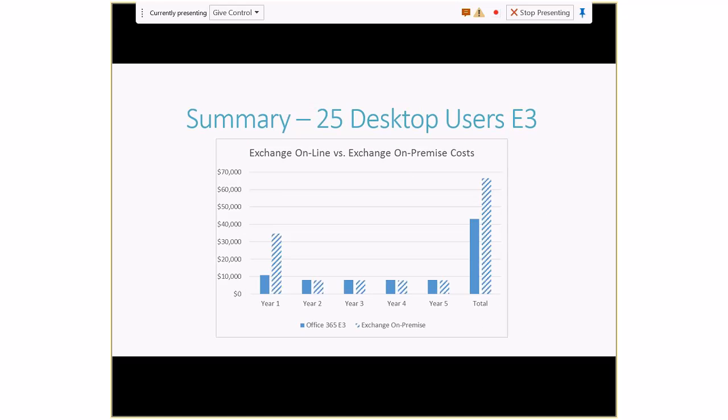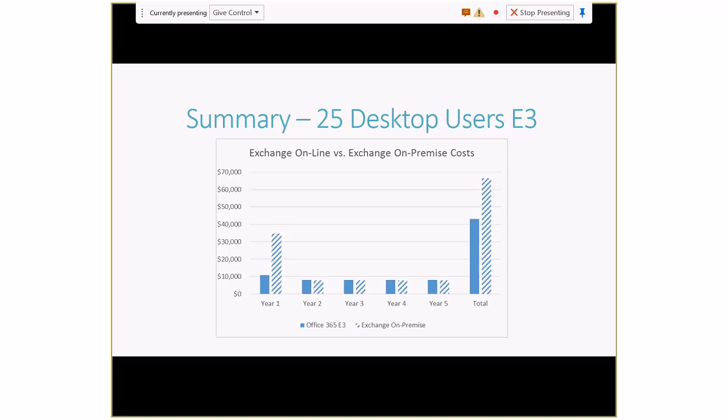All right, so here's the graphical representation of what it looks like for 5 years. And I picked this 5-year point because after 5 years, the current version of Exchange is going to be out of mainstream support. The hardware is going to be probably out of support unless you purchased extended support for it. So basically, after 5 years, you're going to be due for an upgrade, and the whole thing's going to start over again. Unless you've moved to Office 365 and then those one-time charges aren't there,